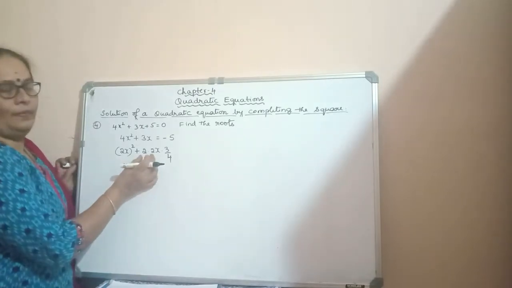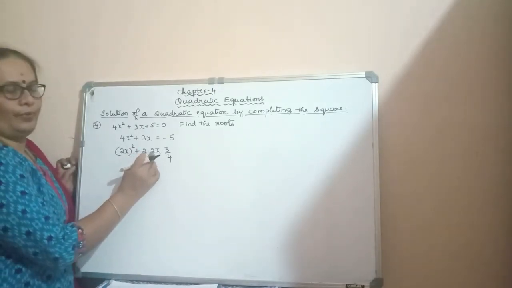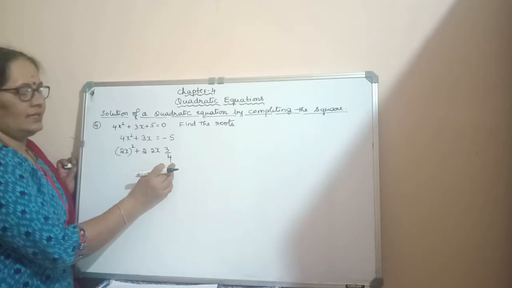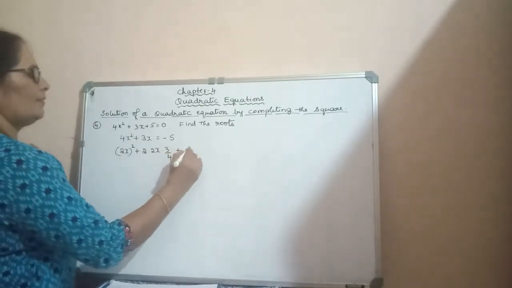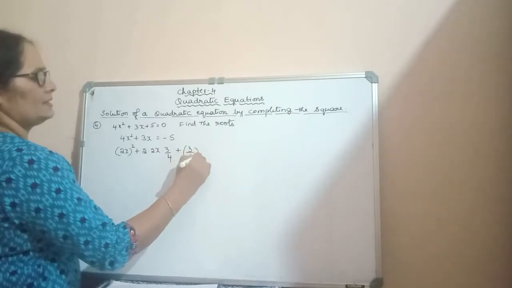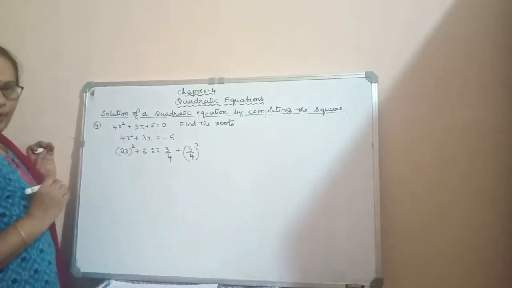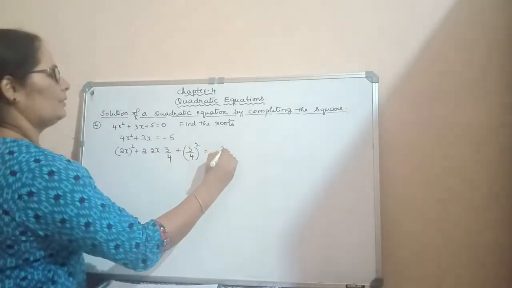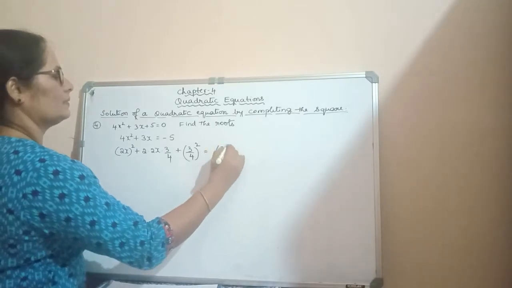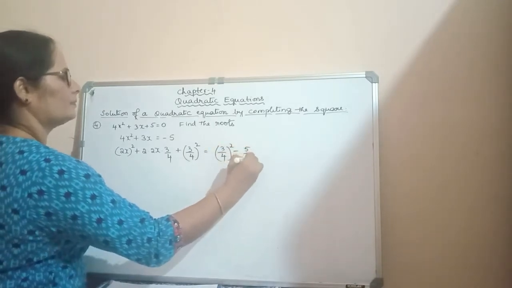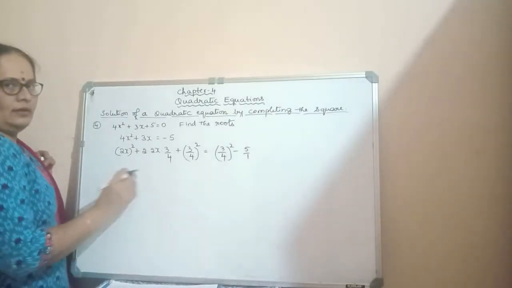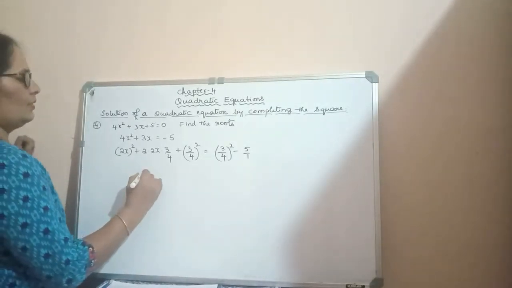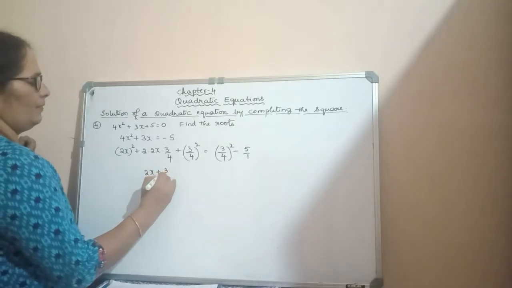See here, simplify. What will we get? 2 into 2, 4. 4 and 4 get cancelled. So what will we get here? 3x. So add 3 by 4 whole square on both the sides. Then you will get a complete square in the LHS: 2x plus 3 by 4 whole square